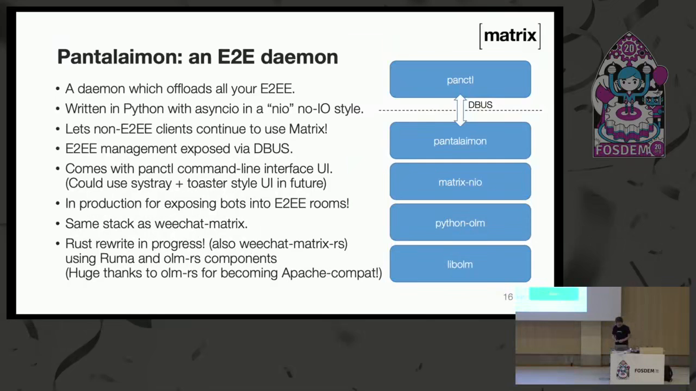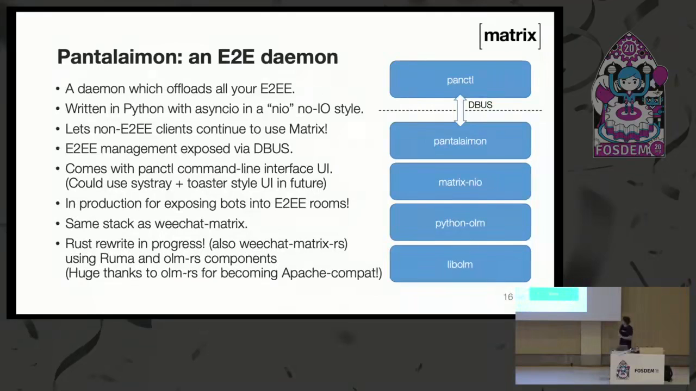So that is where Pantalaimon has come from, and most excitingly, I didn't ask his permission to reveal this, but it's the case, if you look on GitHub, that he's busy rewriting, first of all, WeChat Matrix in Rust, using Ruma as the client framework and structures. And also, we're using Olm-RS, which is the native Rust implementation of Olm that has come from the Fractal developer community. Huge thanks to Brain Blasted,